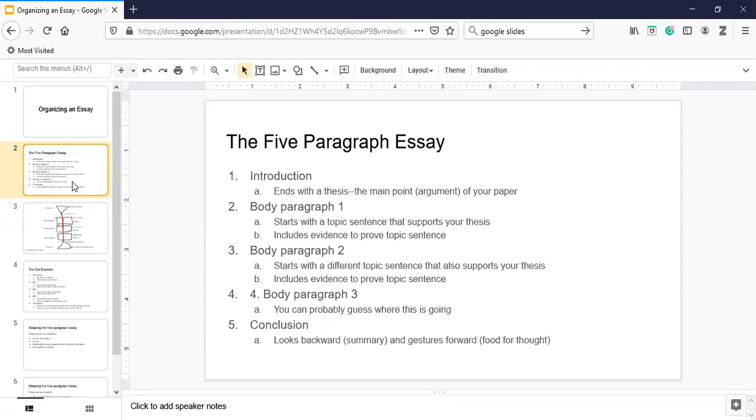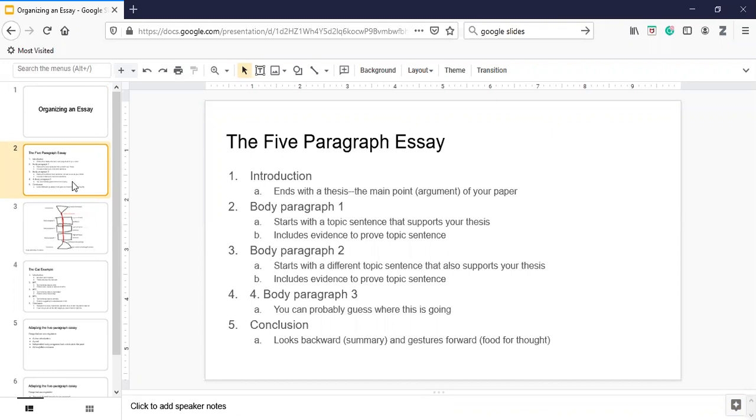So this may come as a shock, but a 5-paragraph essay has 5 paragraphs, right? The first is an introduction that, you guessed it, introduces your topic. And the last sentence is always a thesis statement, or basically just the point you're trying to make in your paper. The next 3 paragraphs are what we call body paragraphs, and those are all meant to support your main